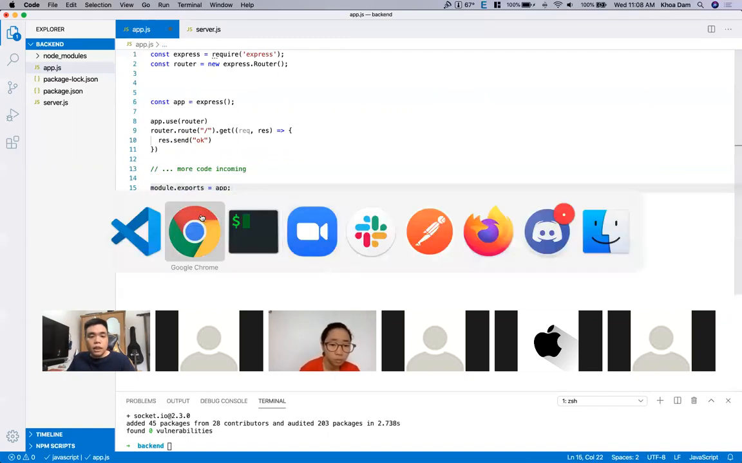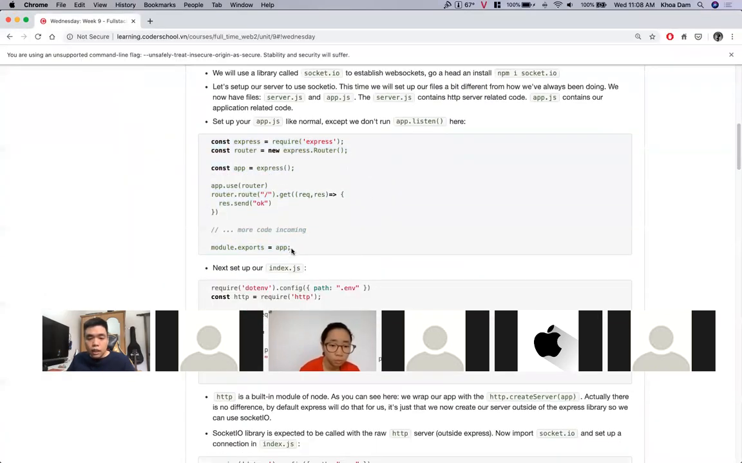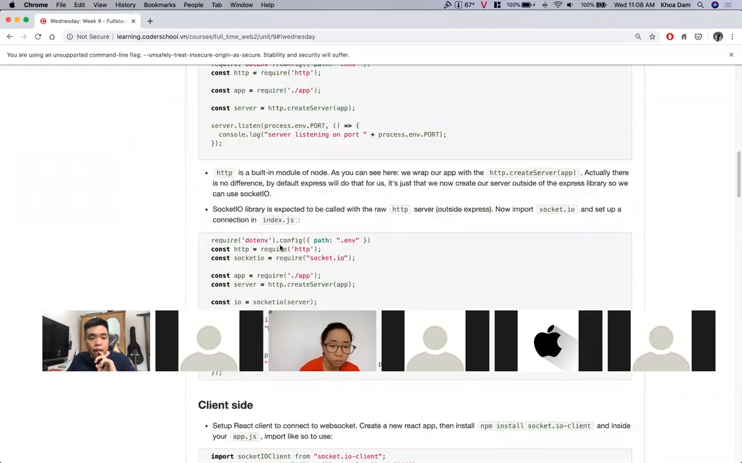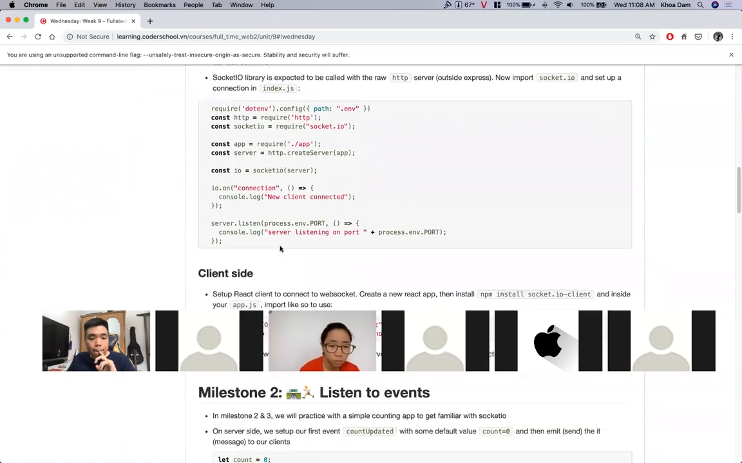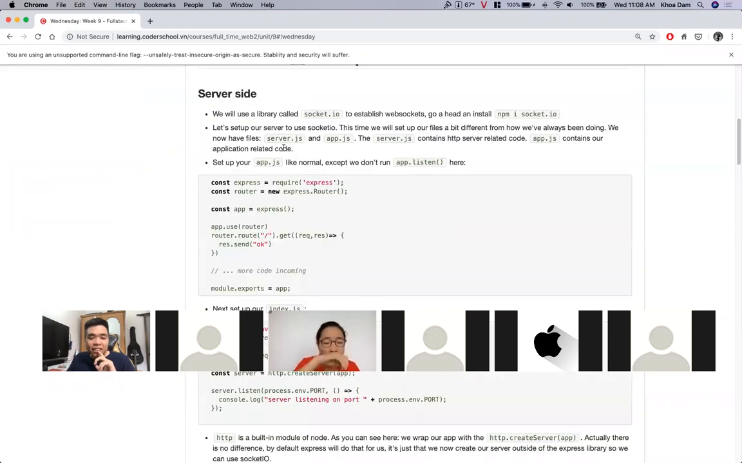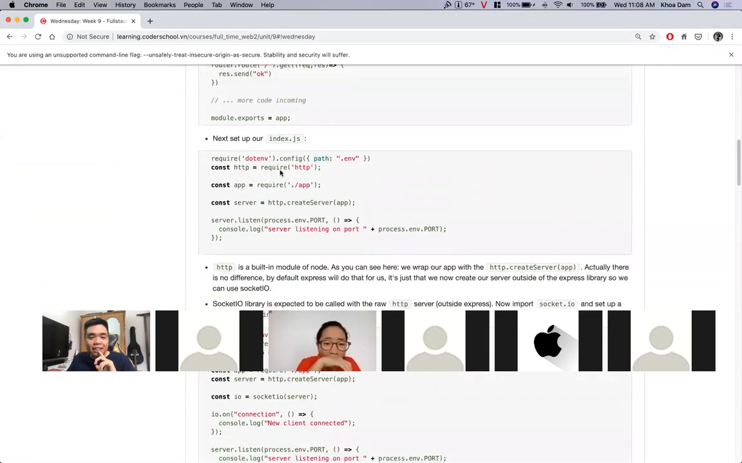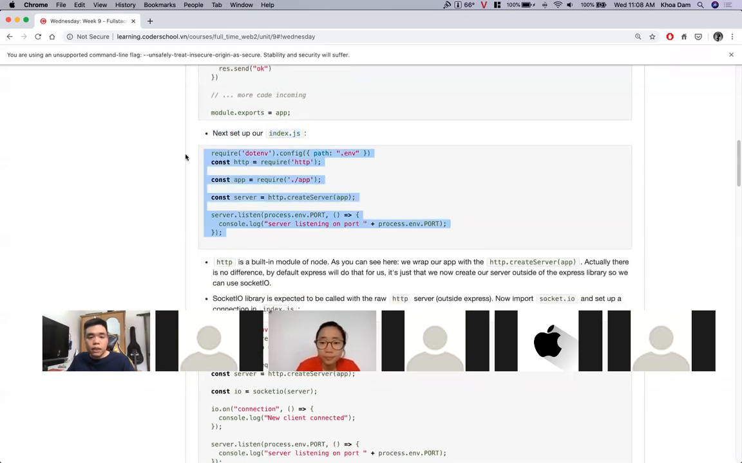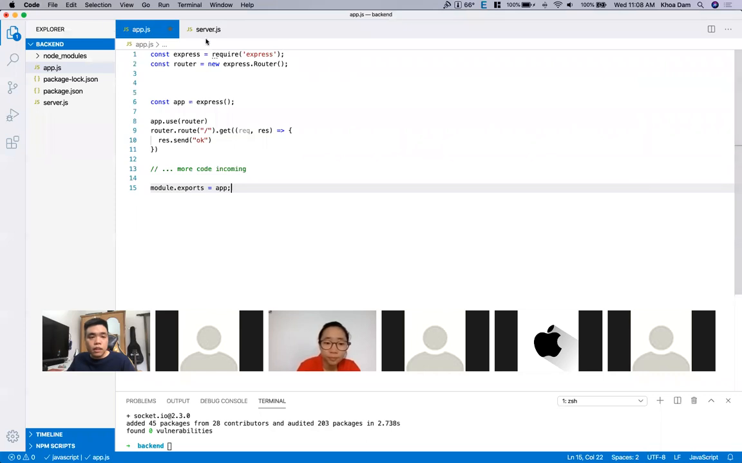Okay, and then, why the hell do I call it index here? This one should be server. Sorry, I went back and changed the container a bit. So we can use index or server, either one works, it doesn't matter. So now let's use server, and then you can copy this. So in server